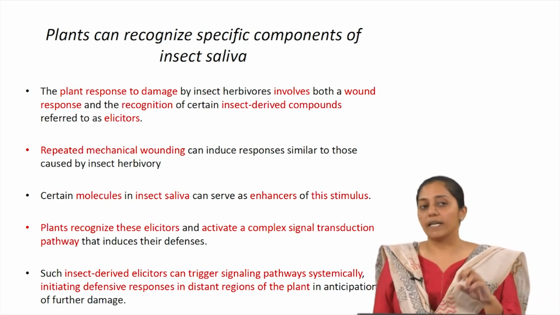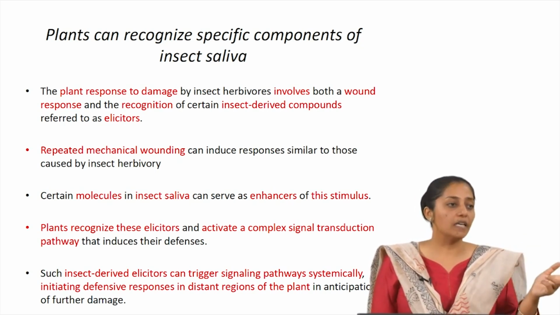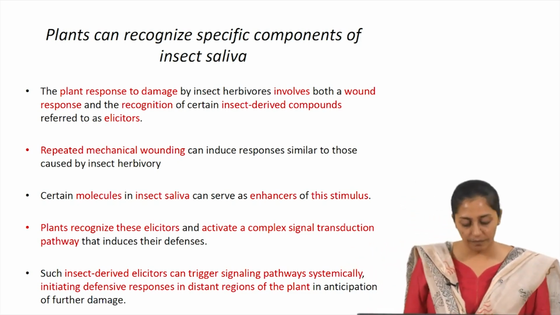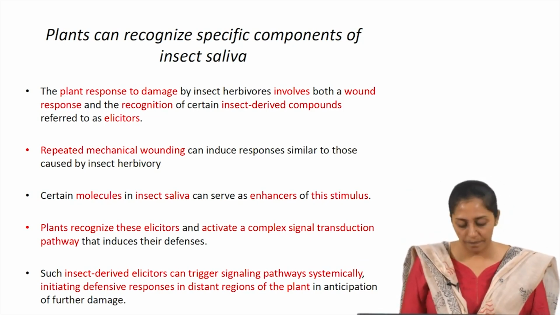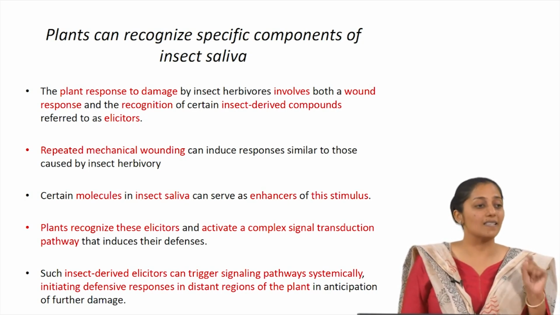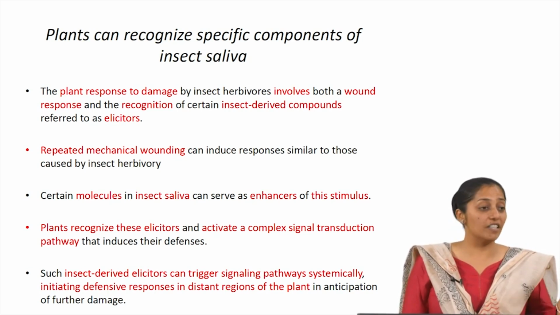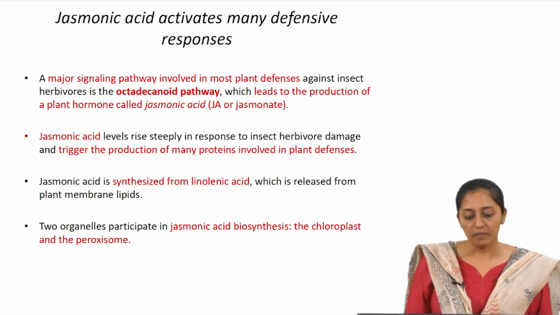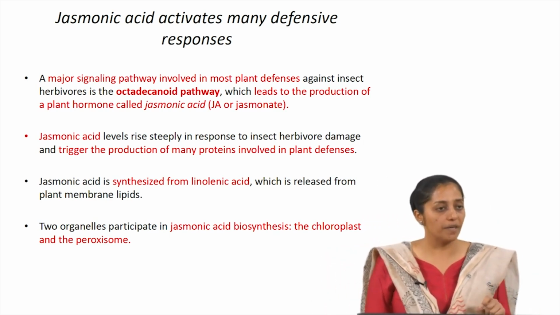Sometimes it gets conjugated as methyl jasmonate and methylated and becomes volatile, such that this becomes a signal for the nearing plants, and they all flow through the phloem to different parts of the plant. So, insect derived elicitors can trigger the signaling pathways systematically, initiating defensive responses in distant regions of the plant or even the nearing plants. So, the major signaling pathway, as I said, is the jasmonic acid formation pathway, which is